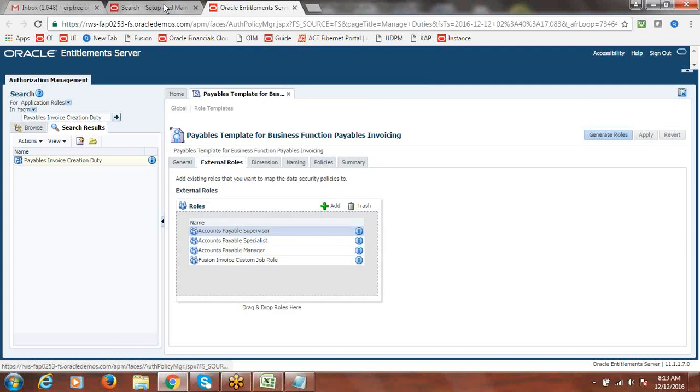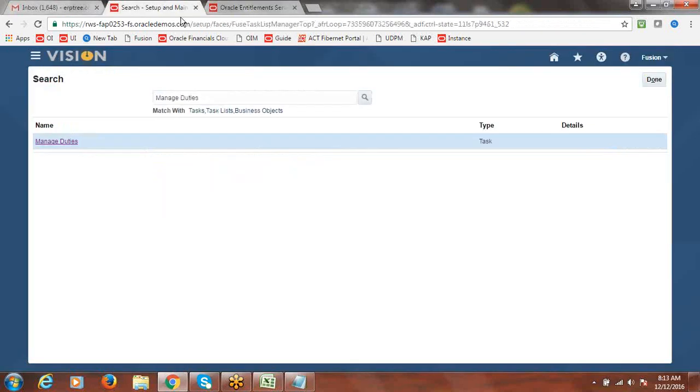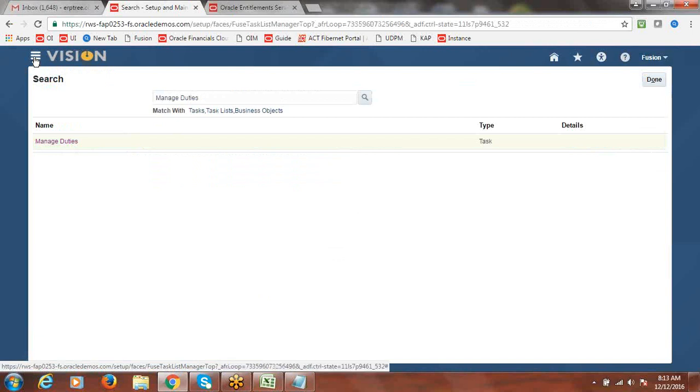Okay, we'll go on to create something else from here. Today the instance is a bit slow, it seems. I'll show you how to create hierarchies manually if you want to.